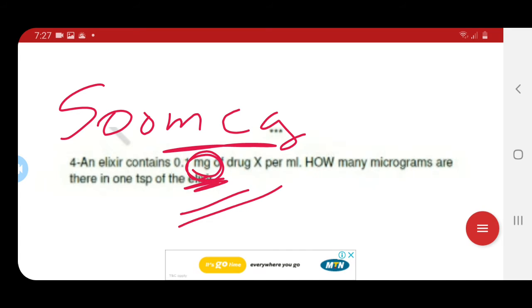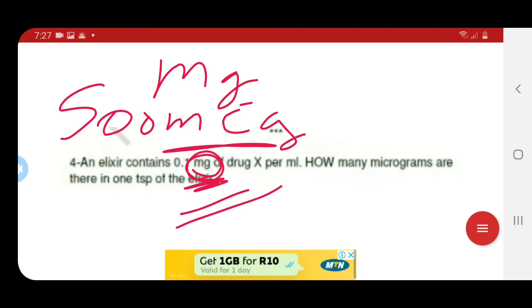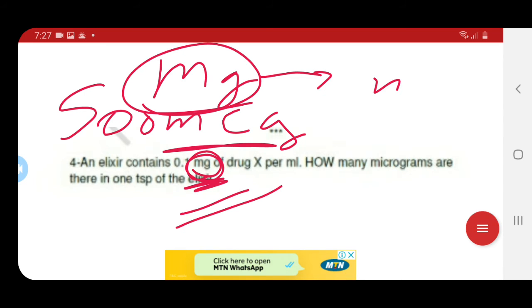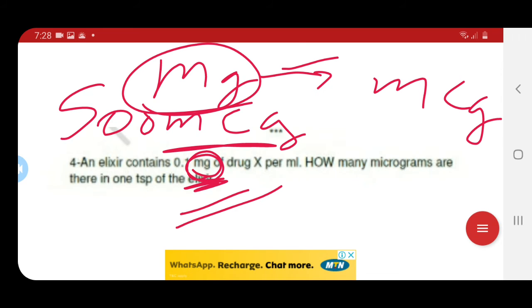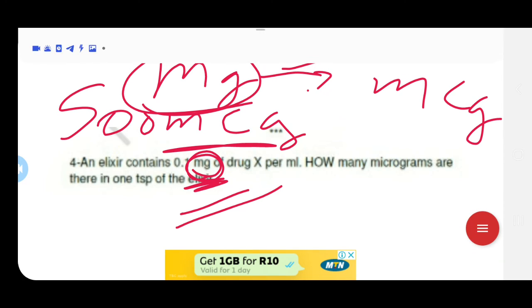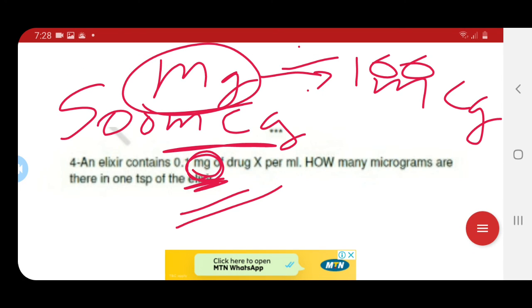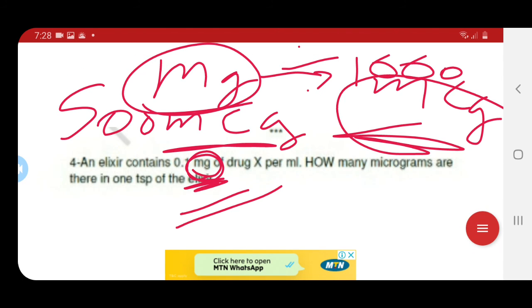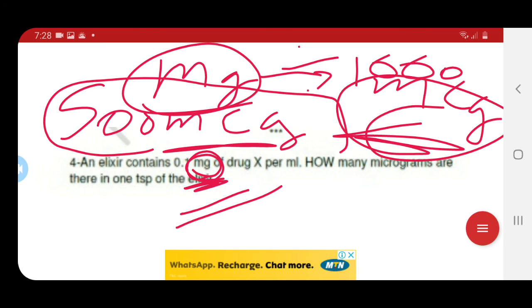I will do 2 lines more. You have converted milligram to microgram, as we know, by multiplying by 1000 to get the microgram. So the answer will be